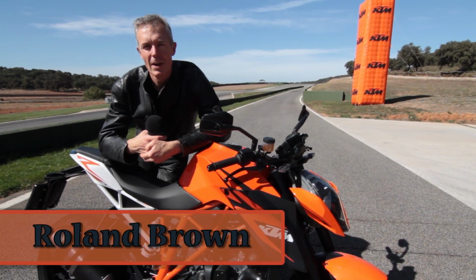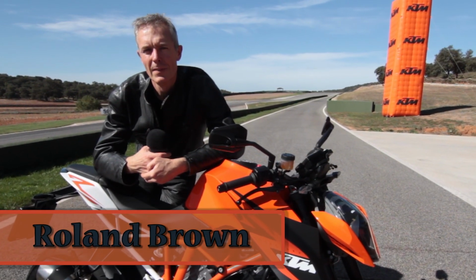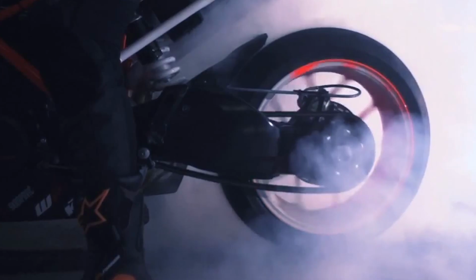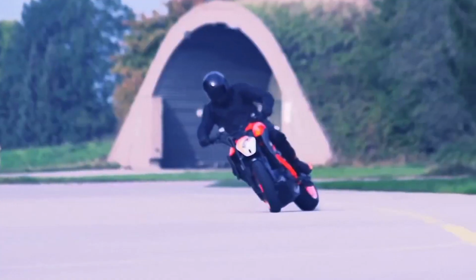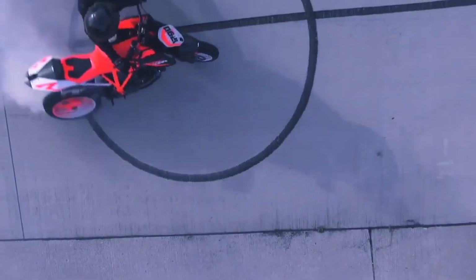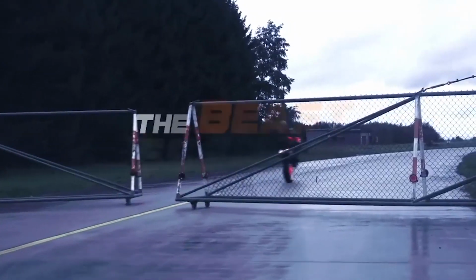Hi, this is the amazing Ascari circuit near Ronda in the south of Spain. I'm here for the launch of KTM's 1290 Super Duke. Few bikes have received as much pre-launch publicity as this latest in KTM's line of naked V-twins. Its prototype, which KTM nicknamed the Beast, snarled through its promotional video and was wheelied up the Goodwood Festival Hill